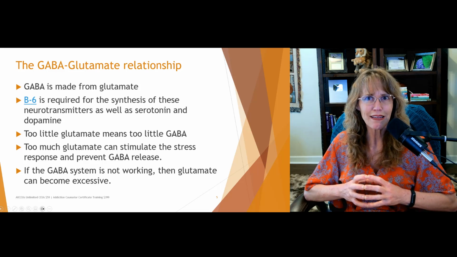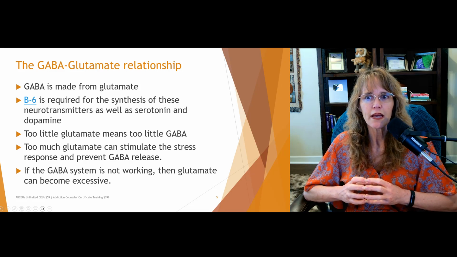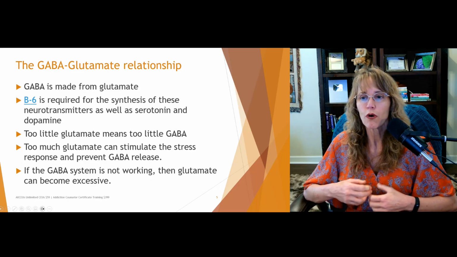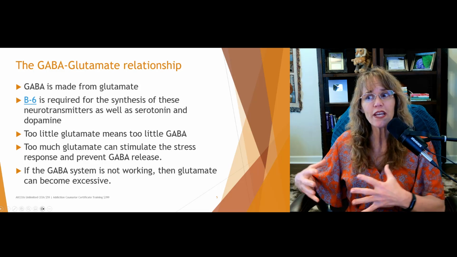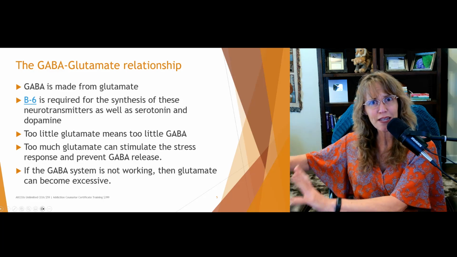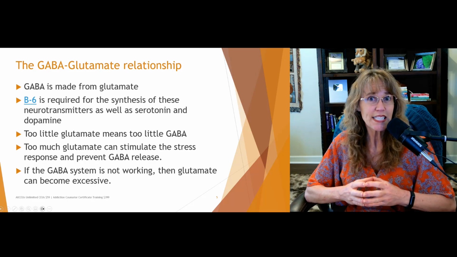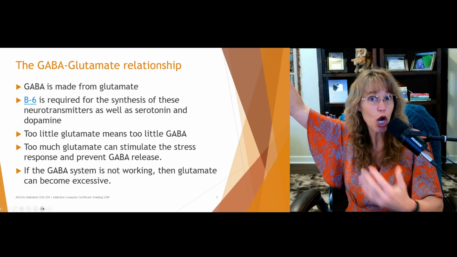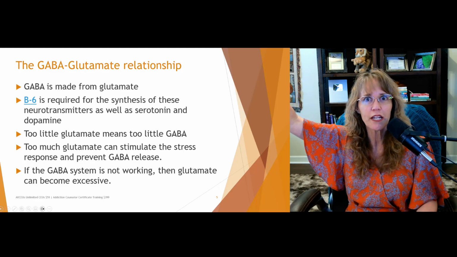Glutamate is our main excitatory neurotransmitter. And when we have a lot of chronic stress or when we have extreme stress, the body is in fight or flight. When we are in fight or flight, the brain and the body are saying, okay, now's not the time to relax. It's not safe. If for some reason the system goes wonky and glutamate levels just stay high, as in chronic stress, then GABA may never get released because there's never an all clear.